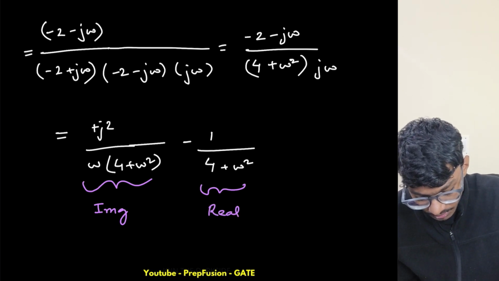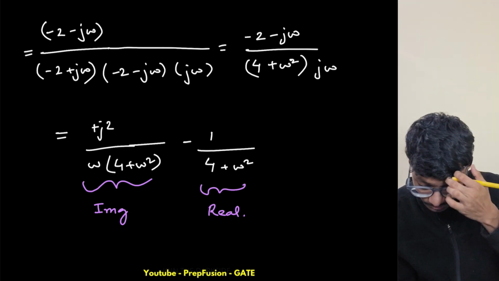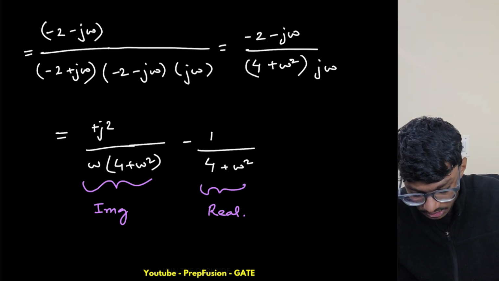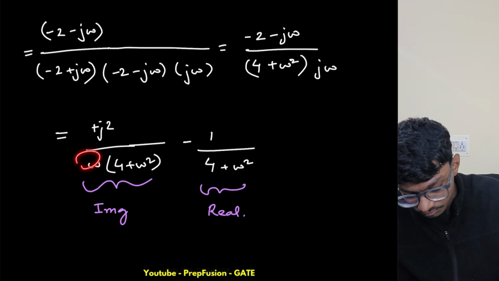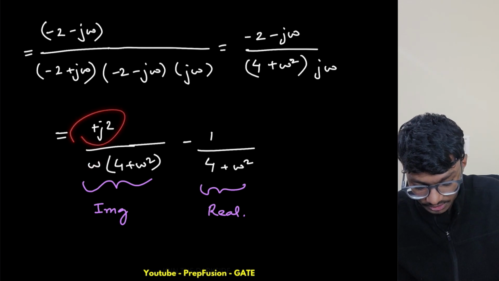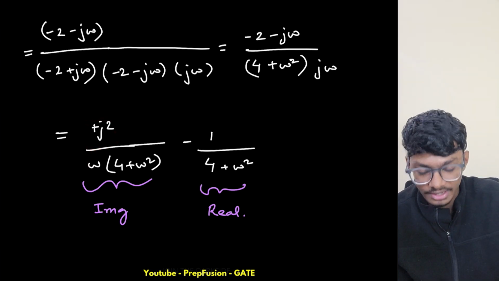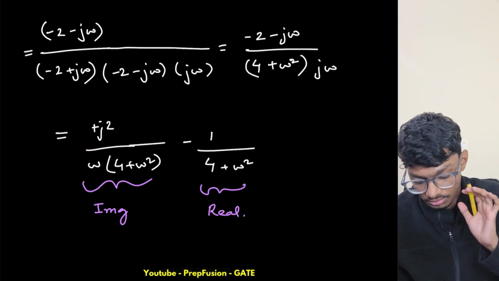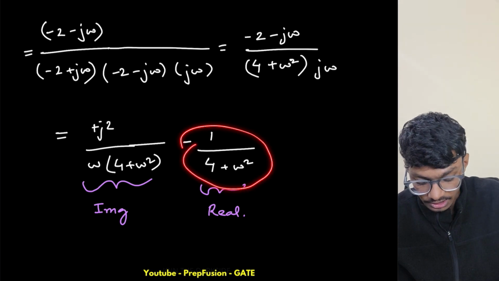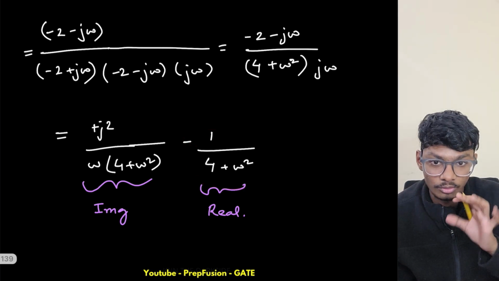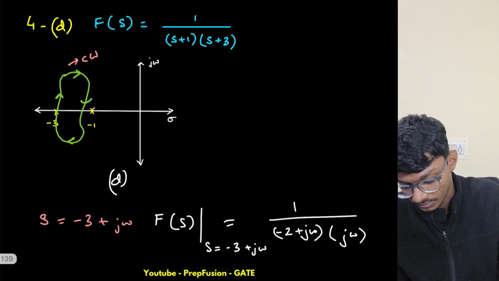So now this is the real part. Imagine the real part. If I put omega something just positive or negative, if I put negative, what do you see? My imaginary component is negative. If I put omega something just positive, my imaginary component is positive. So it will be something like this, and my real component is almost near about minus 1.4. So if I